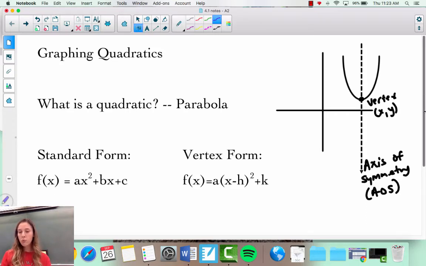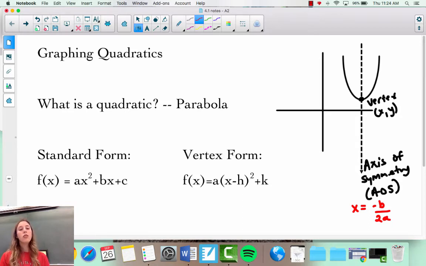The only other thing that you might want to be able to identify would be y-intercepts. If you remember from lines, a y-intercept is where it hits the y-axis, and then eventually we'll talk about x-intercepts and what those mean. Okay, so those are the basics of the graph. The only other thing I would add to the axis of symmetry is that it does have its own equation, and I would want you to write that down. It's x equals opposite of b over 2a,